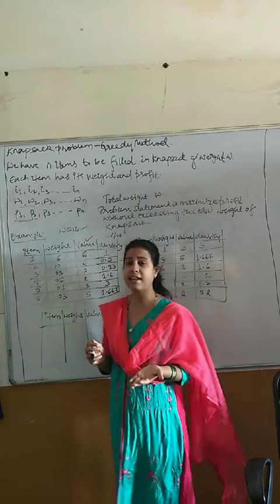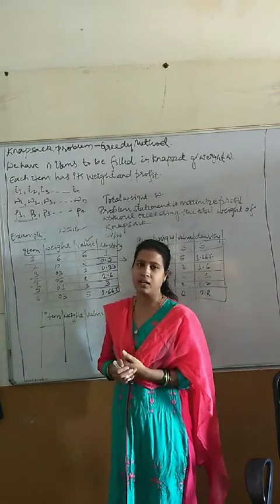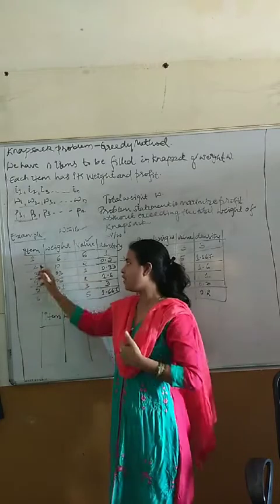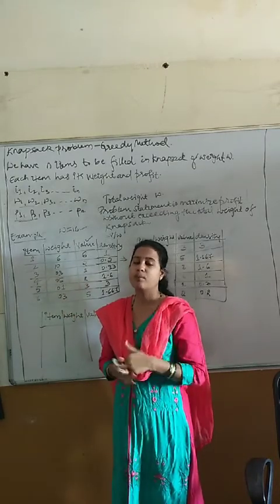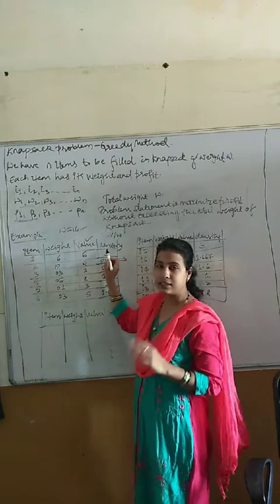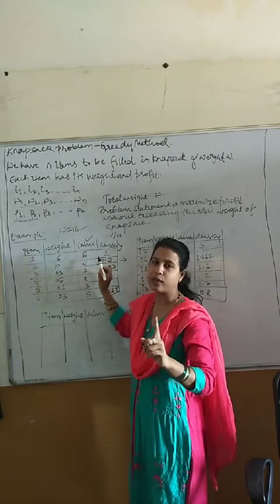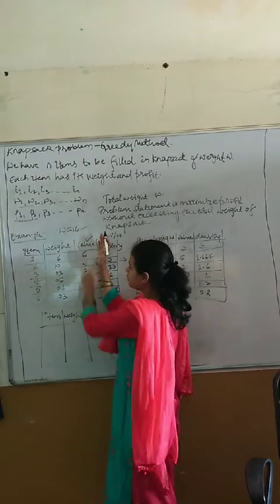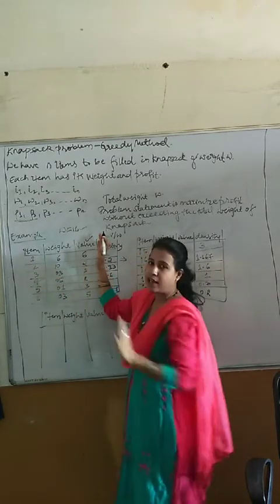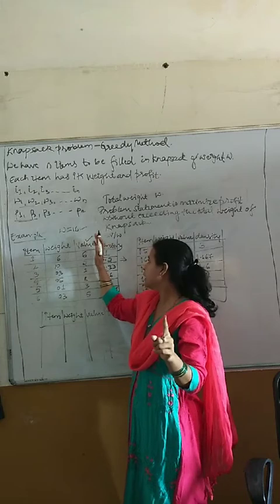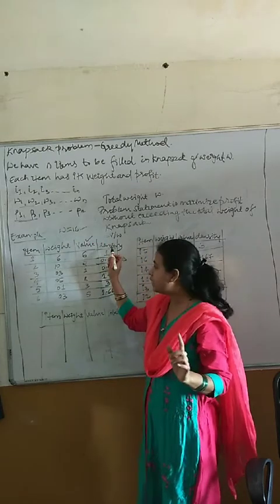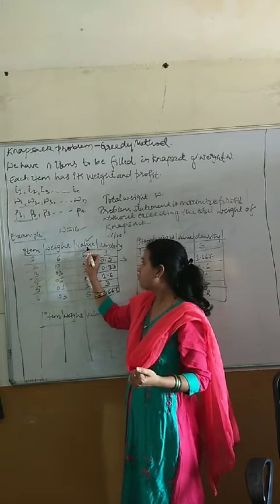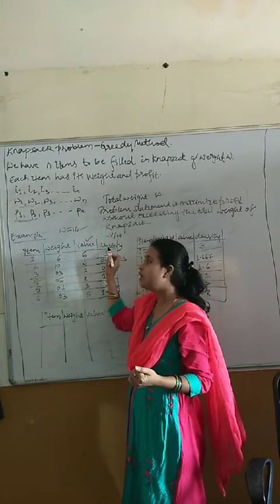Then you have to maximize the profit. Since you can add a fraction of an item, you have to calculate one more column, called density. This density you have to calculate. It will not be given in the question. Only item, weight and value will be given. You have to calculate the next one, the density. Density means value divided by weight. What is value? It is the profit. So value divided by weight is the density.